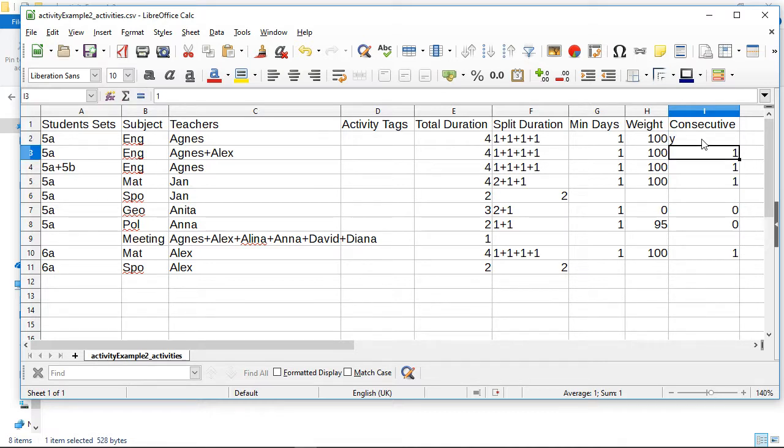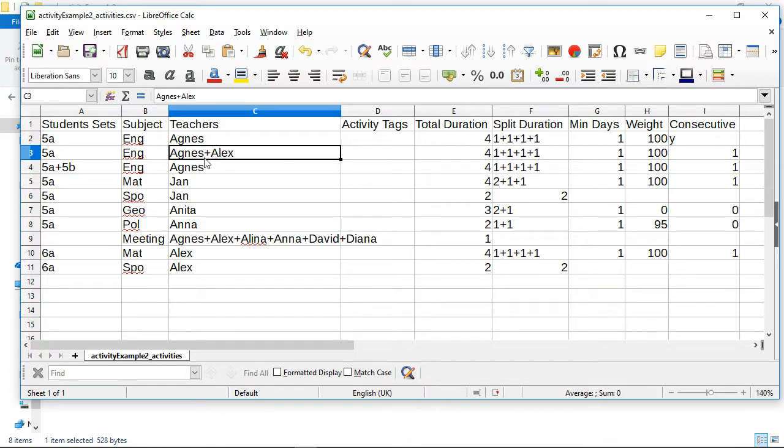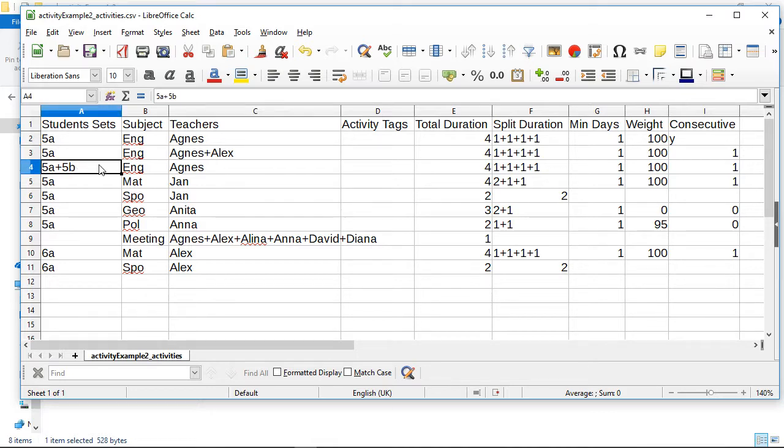The next activity is very similar, just with 2 teachers in the same class. Additional teachers are added by the plus sign. That is why you shouldn't use the plus sign in a teacher name. You can see in the next example that the same trick is also possible with students. Jan is also teaching maths 4 hours per week. But that is split into 3 parts only. One with duration 2 and the 2 others with duration 1.